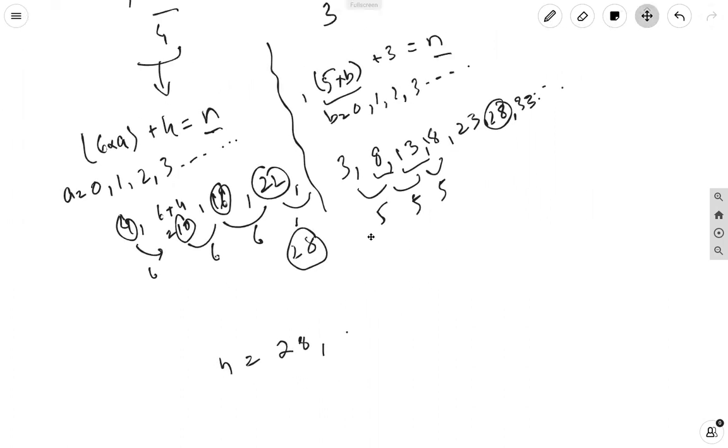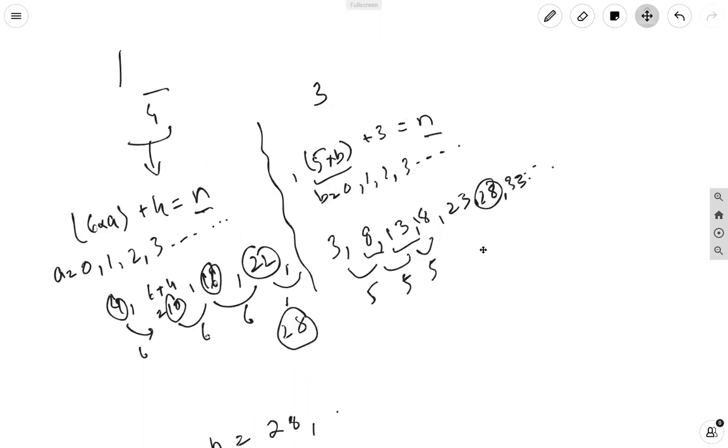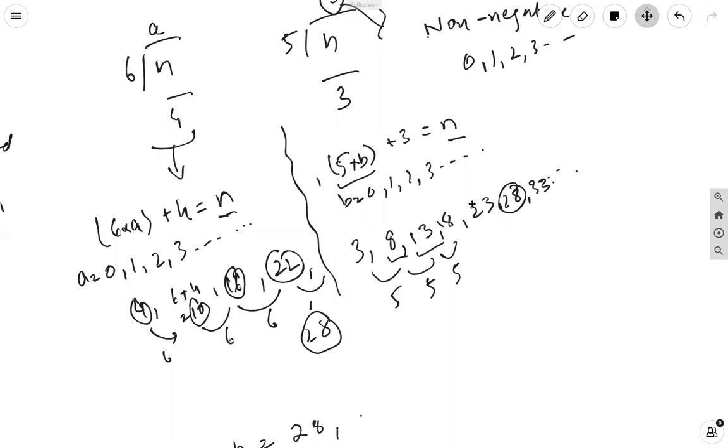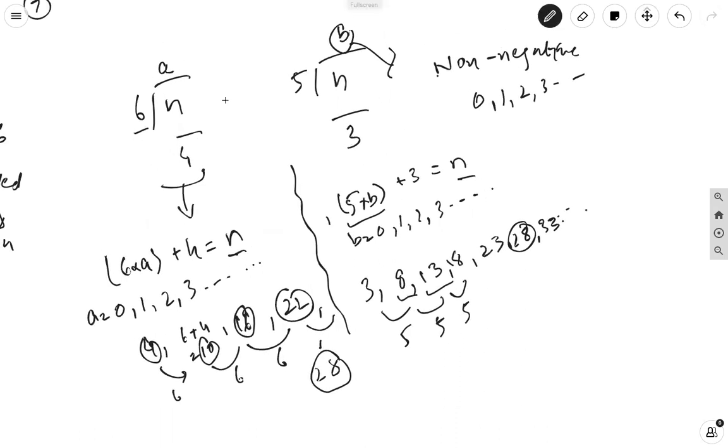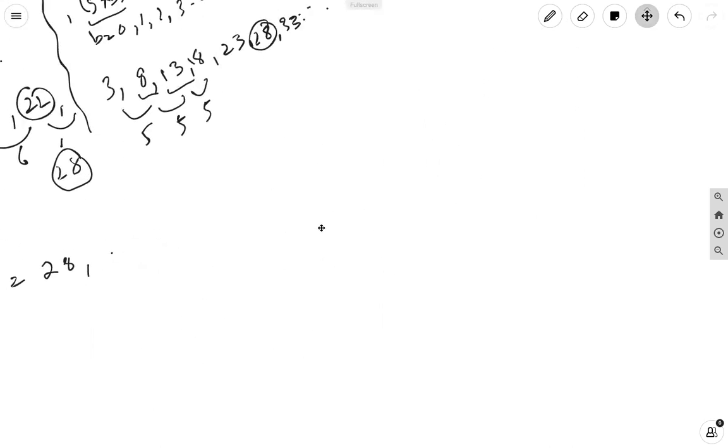One way is just keep moving forward. 28 plus 6, again adding 6, and likewise 33 plus 5 plus 5. Isn't that a time-taking approach? Yes, it's a time-taking approach. The efficient way is to think that whatever the next value is, that must be a multiple of 6 as well as of 5. So that value must be a least common multiple of these two, 30. So the way to form that is n, which is a number equal to